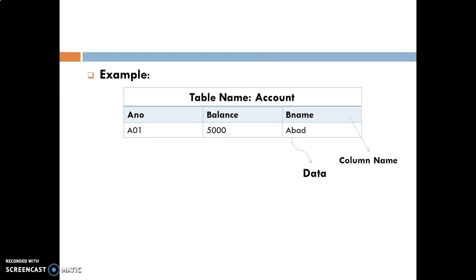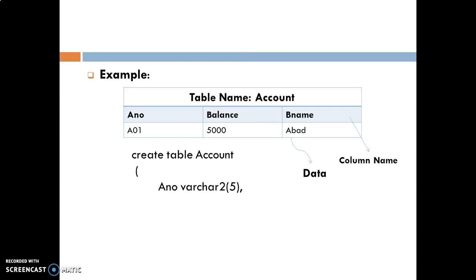Now how will we create the account table? We have to use the create command for that. Like this: create table and the name of the table. Our table name is account. So create table account, rounded bracket. Now we are creating our first column, account number. Name of column account number, and data type varchar2 because we are storing string type data in that column, and pass the size. Suppose I'm passing 5 as the maximum size, comma.